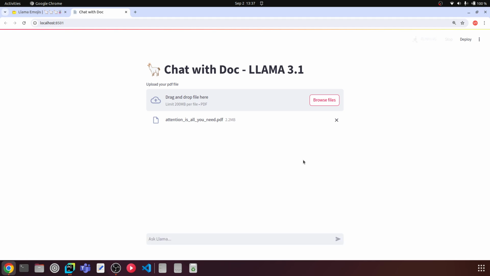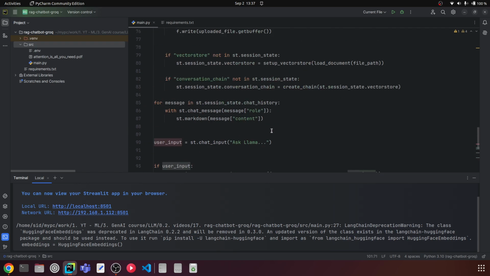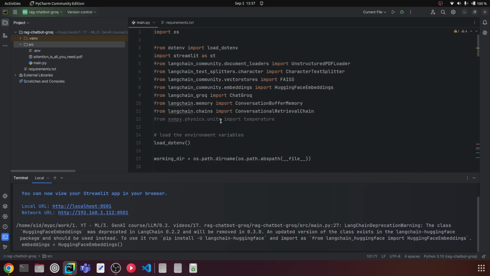The first time that you run this, it may take some time because it has to load the Hugging Face embedding model, which is about 400 MB or something like that. So here you would see a warning of model download, and I think the other warning is about instead of using transformers